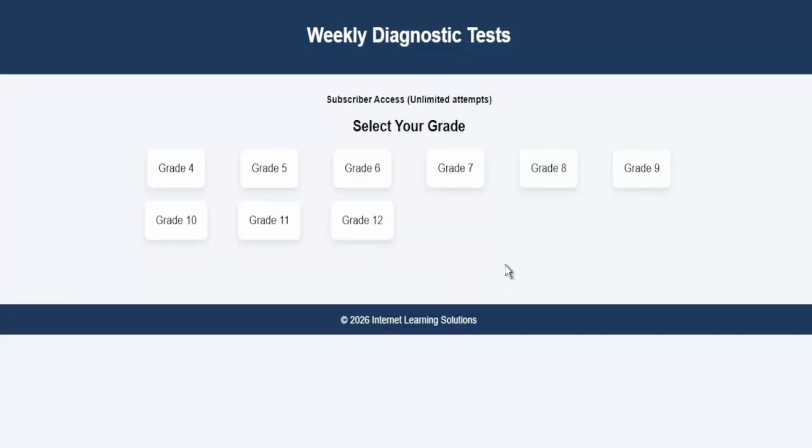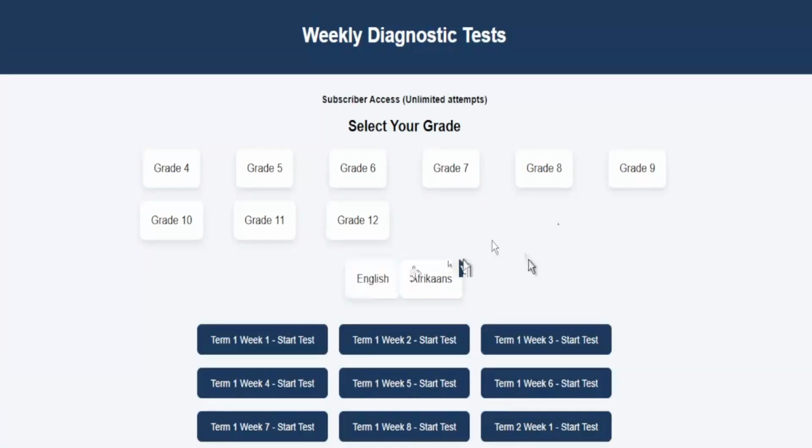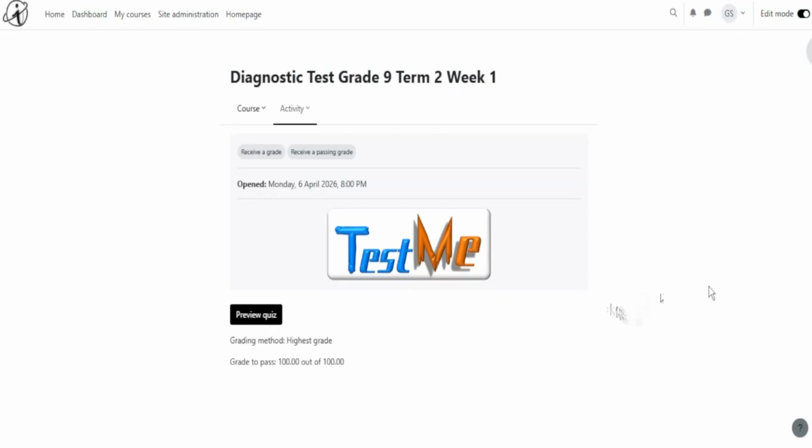So is anybody that wants to choose a grade? I see we've lost some people on the chat, but those of you who are here, just tell me what grade you would like to select. Okay, grade 9. Let's do grade 9 and then English, and then please choose a week. There are 8 weeks in term 1, and then this week that's basically just passed was term 2, week 1. So just pick any of those as a demonstration. Oh, week 1. Sorry, I didn't get that. All right, so we click on term 2, week 1.